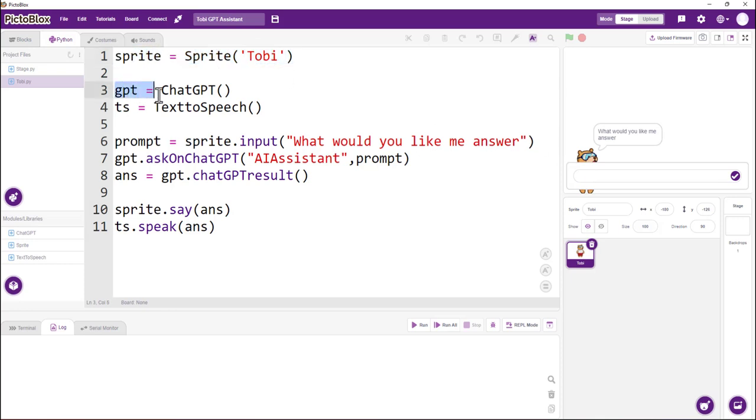Then we import the ChatGPT extension using this, GPT equals ChatGPT. Then in this project, we are also going to use a text-to-speech extension. So we import the text-to-speech extension as well. Then we now define a prompt where we create an input. And the input is going to ask, what would you like me to answer? So that is what has been created here with the sprite Toby saying, what would you like me